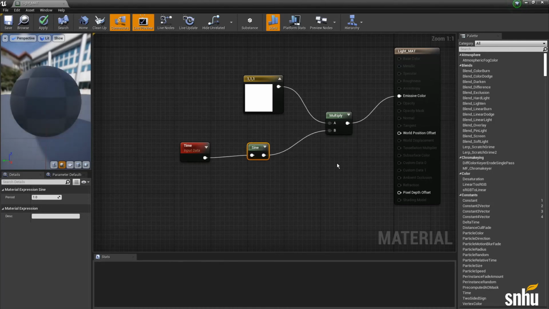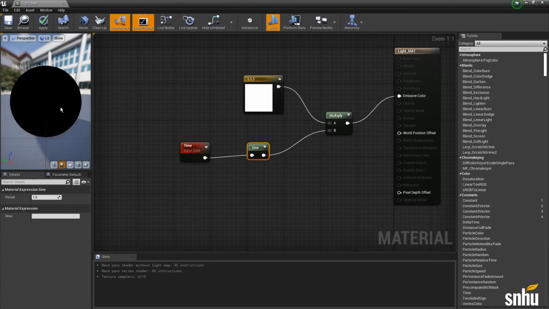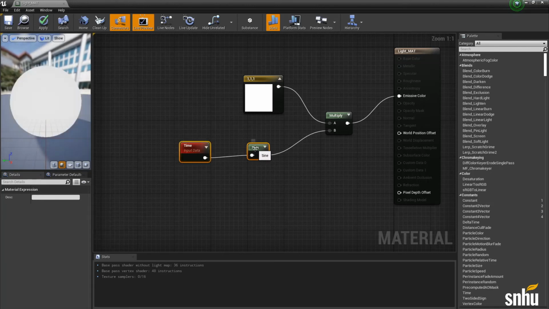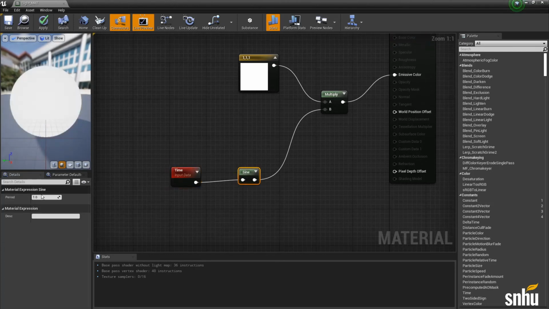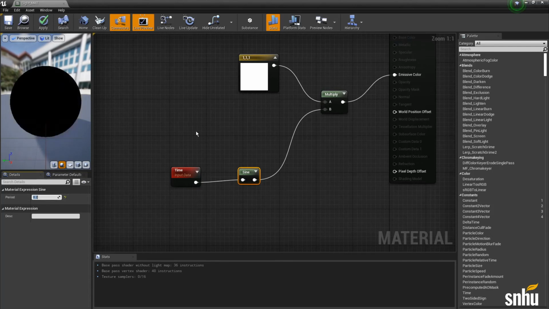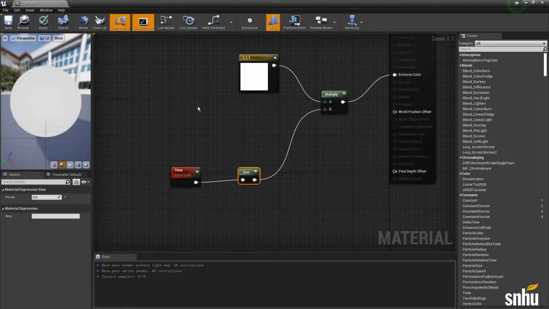And now we can plug that directly into that. And we can see that this flickers off and on a little bit. And we can also adjust this, the period, so we get more of a crazy flicker if we want to. 0.5 will give us half that pace. So basically what a sine node is, it's up and down like this, okay?